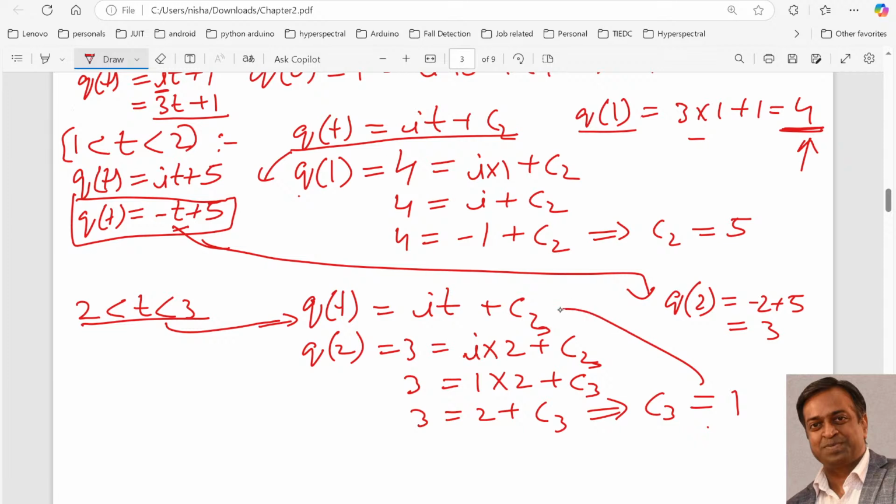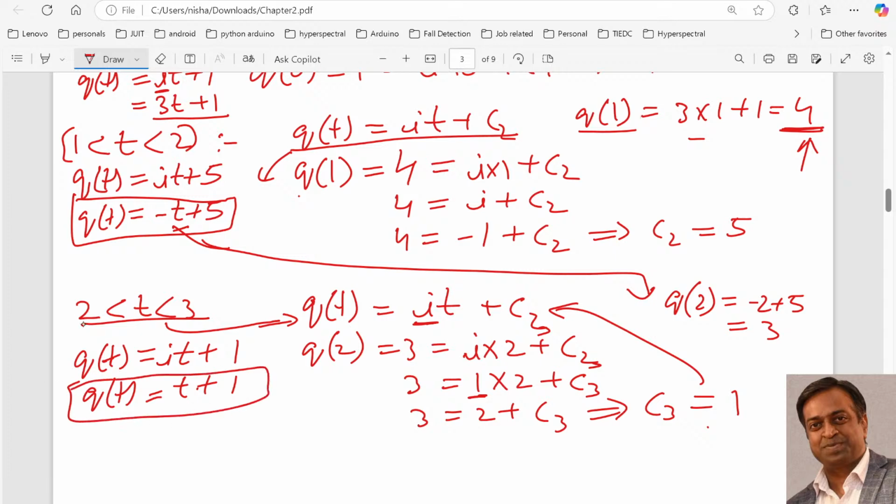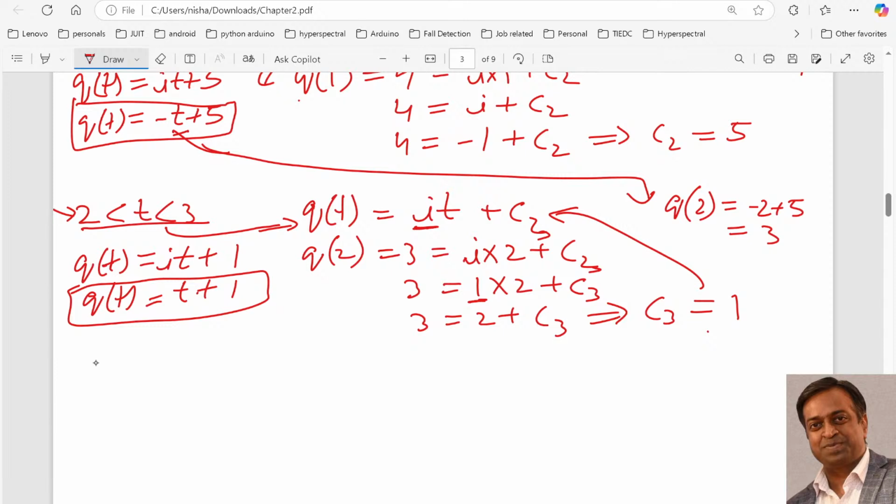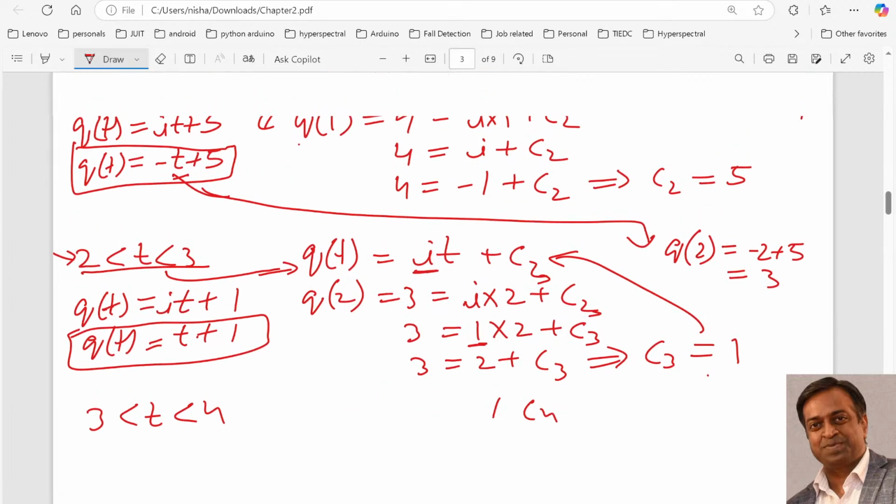So substituting this value over here and i as 1, I will get q(t) equals it plus 1, or q(t) equals t plus 1. So this is the equation for interval 2 to 3. And now the last one, for the range 3 to 4. Again my equation will be q(t) equals it plus c4. Now for the range,